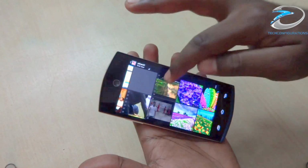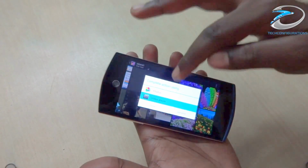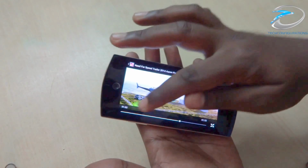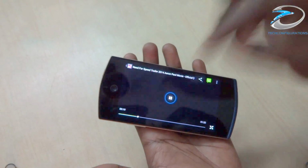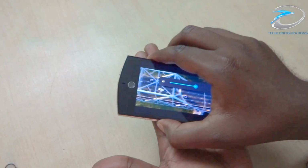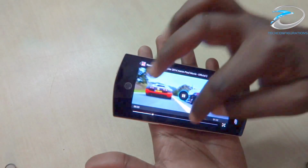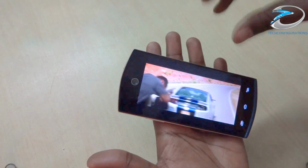So let me go into the full HD video playback. This is a full HD video. You can see, yeah, that is also very smooth. I can say there is a little lag in here. About 1 second of lag I can feel here. Little lag, but not much. So full HD video playback is not that smooth. I can say there is a little buffering here, but overall considering the UI and the performance, the device is